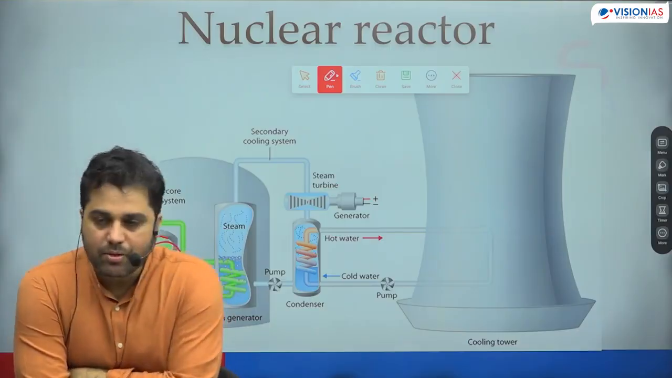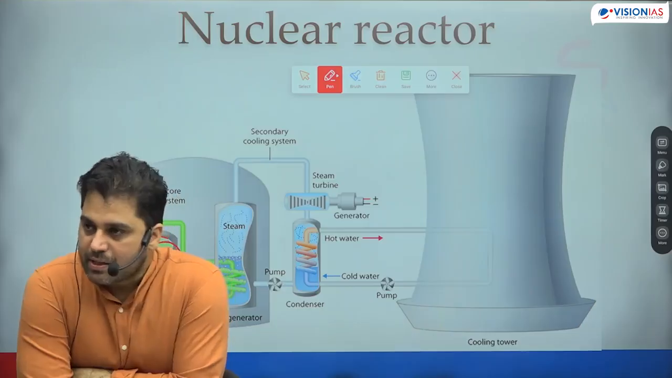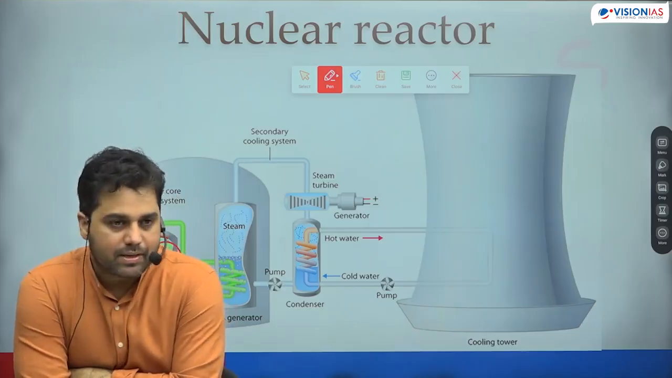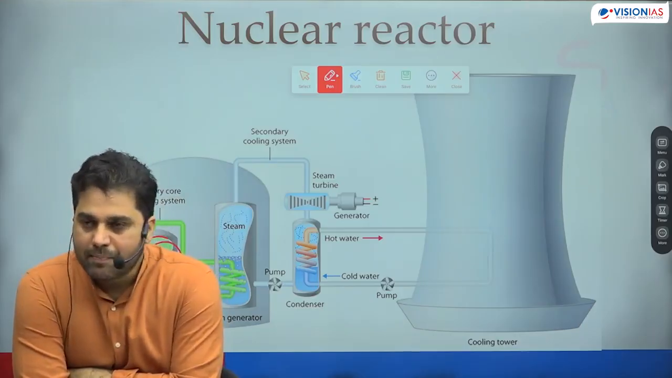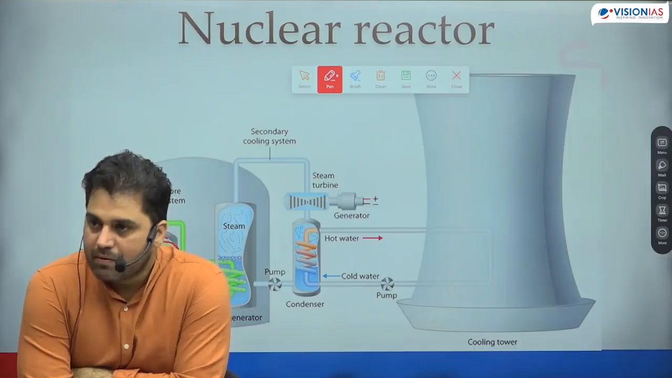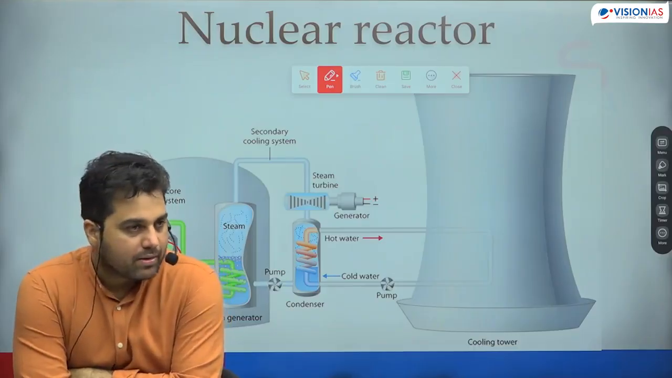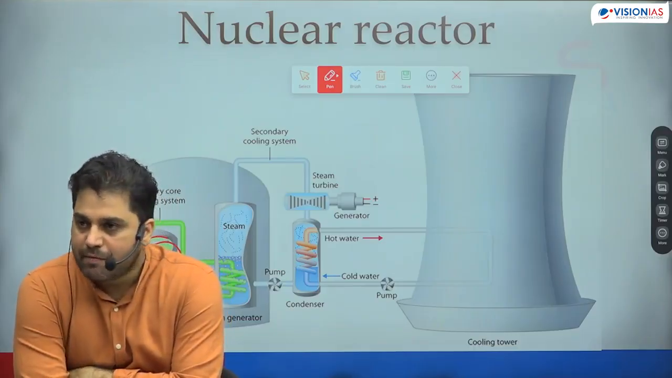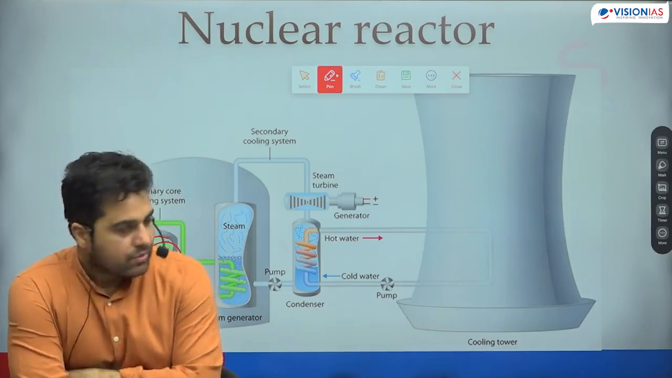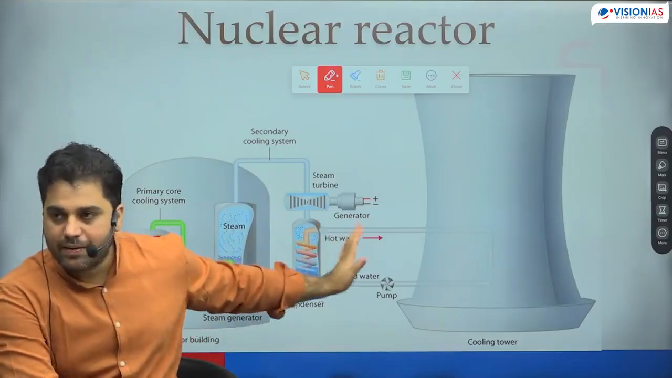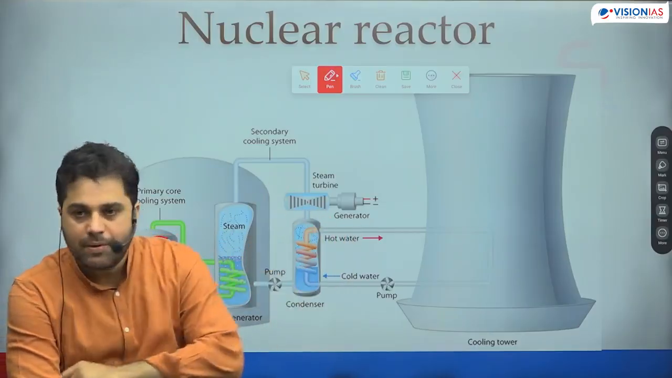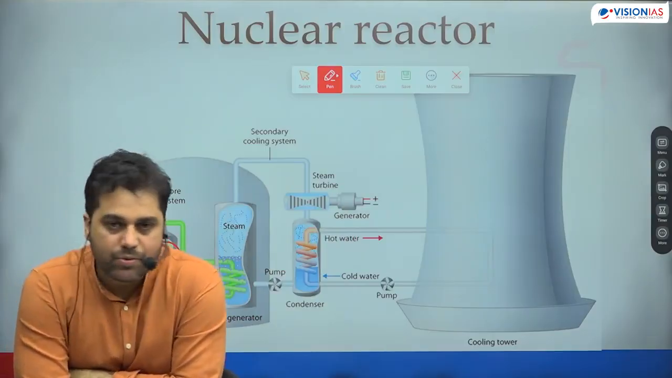We use that steam to move a turbine, which is connected to a generator, which can produce electricity. So that part is exactly the same. But in a thermal power plant, the source of energy was burning of coal. In a nuclear power plant, the source of energy is nuclear fission of uranium-235. So we have to keep supplying cold water in the core of the reactor. But the water which comes out will be hot water, and we have to use that energy to